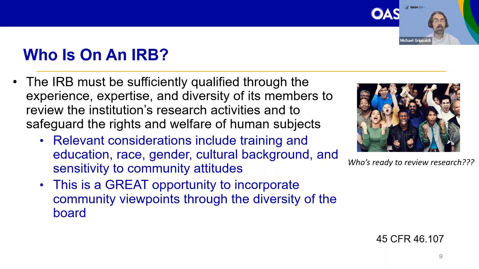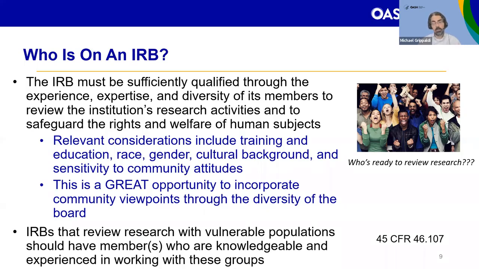And so you can consider having community leaders serve on the IRB. Certainly, maintaining a meaningful IRB roster could also include having an SOP that covers how IRB members are brought on board, the training requirements, a plan to keep their expertise current, and a plan to broaden engagement. If an IRB regularly reviews research that involves a category of subjects that's vulnerable to coercion or undue influence, such as children and prisoners or those with impaired decision-making capacity, to name a few, consideration shall be given to the inclusion of one or more individuals on the board who are knowledgeable and experienced in working with these groups.